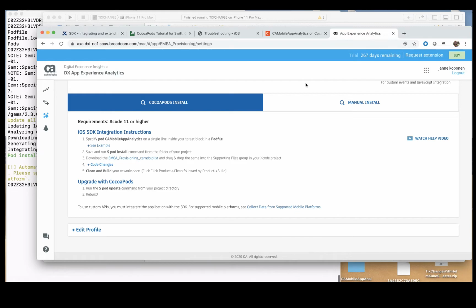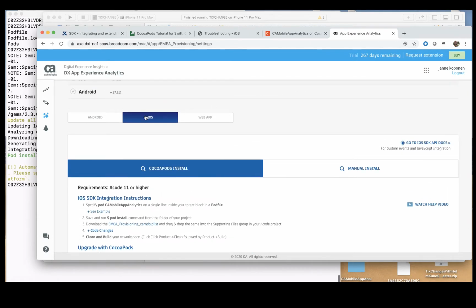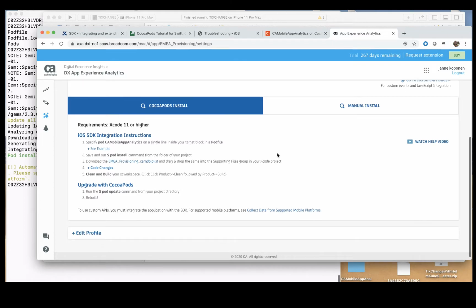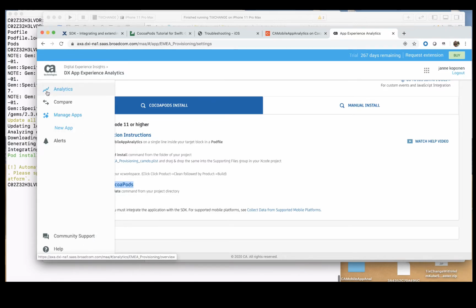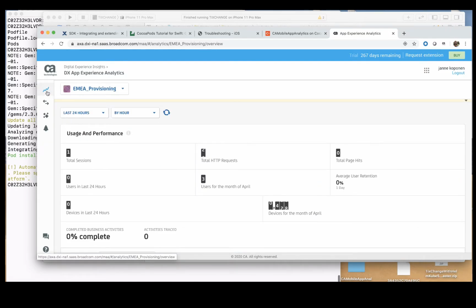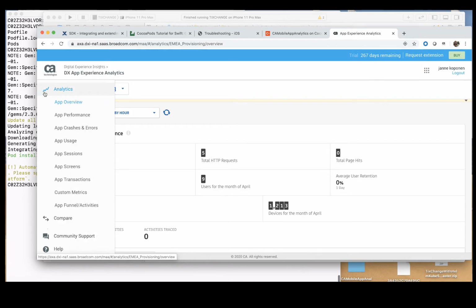And today I'm going to show you something new about the application experience analytics, the front end monitoring parts of the APM 11 solution, and particularly about the iOS instrumentation. There is a new feature there which allows any developers to use CocoaPods to download the SDK straight into the Xcode project. So to get here, first of all, I'm in the application experience analytics and I hover on